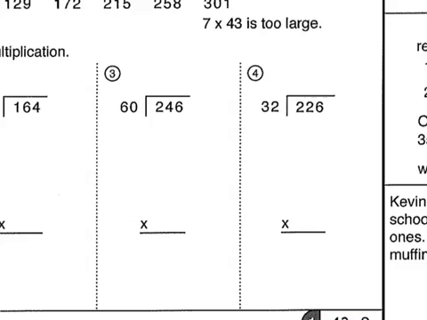All right, pause the video and go ahead and try numbers 3 and 4 on your own, and then turn it back on to see how I did it. All right, so this first one, number 3, 60 is pretty easy to deal with because 60 times 4, I know what that's going to be just in my head. 6 times 4 is 24, so 60 times 4 is going to be 240. And I subtract and get 6. Wow, that was a pretty easy one, wasn't it? 60 times 4. Hopefully your writing's neater than mine. I'm using a stylus here. Plus the 6,